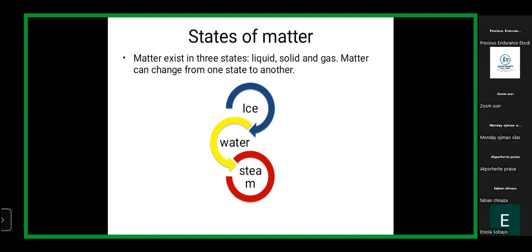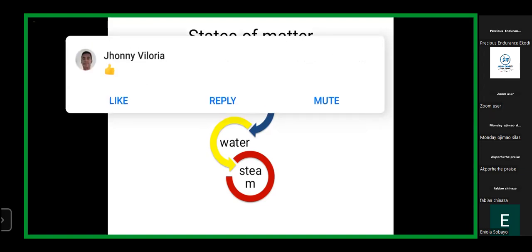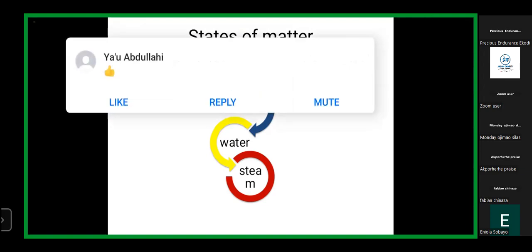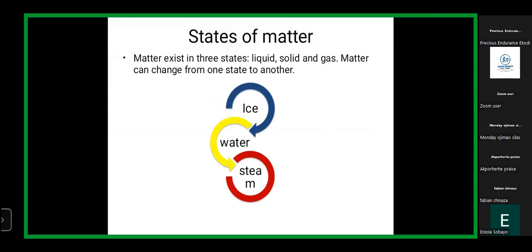Now, what happens is this. Your ice crystals have very low temperatures, could be around 0 degrees Celsius, could be 1, 2, 3, or 4. But the moment the temperature begins to increase, either you are boiling it or you've brought it out and the heat around it starts to have an effect on that water, the ice crystal or ice cube or ice block begins to melt. And as it melts, it changes to the liquid form.